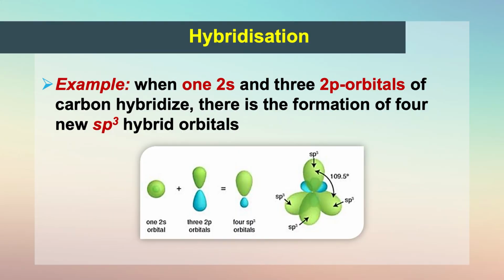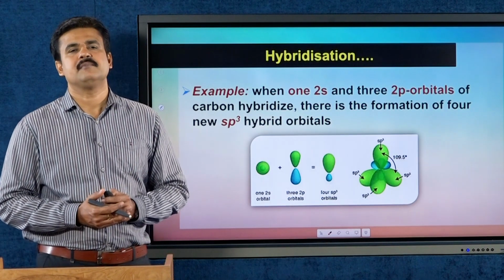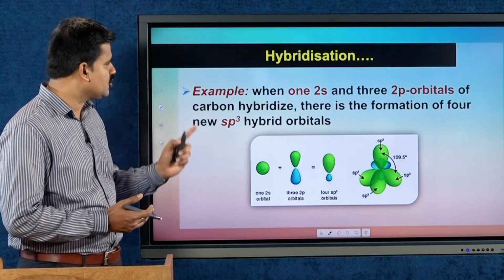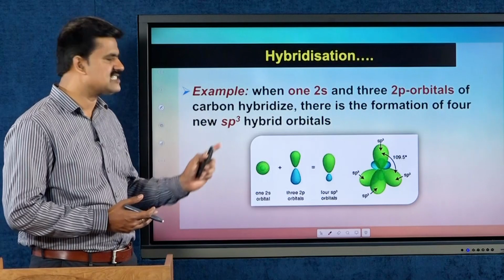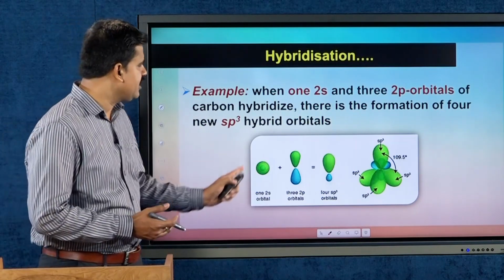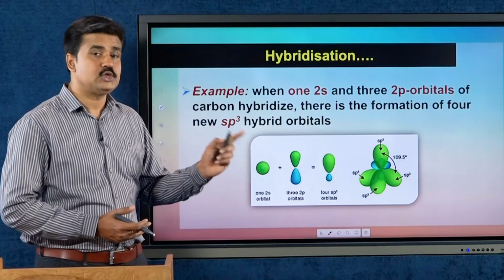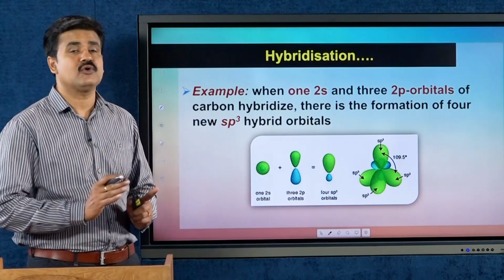That is, in sp3 hybridization, one s orbital and three p orbitals mix up together to produce four identical sp3 hybrid orbitals. This is the pictorial representation of sp3 hybridization. Here you can see the participating orbitals, one 2s orbital and three 2p orbitals, a total of four orbitals